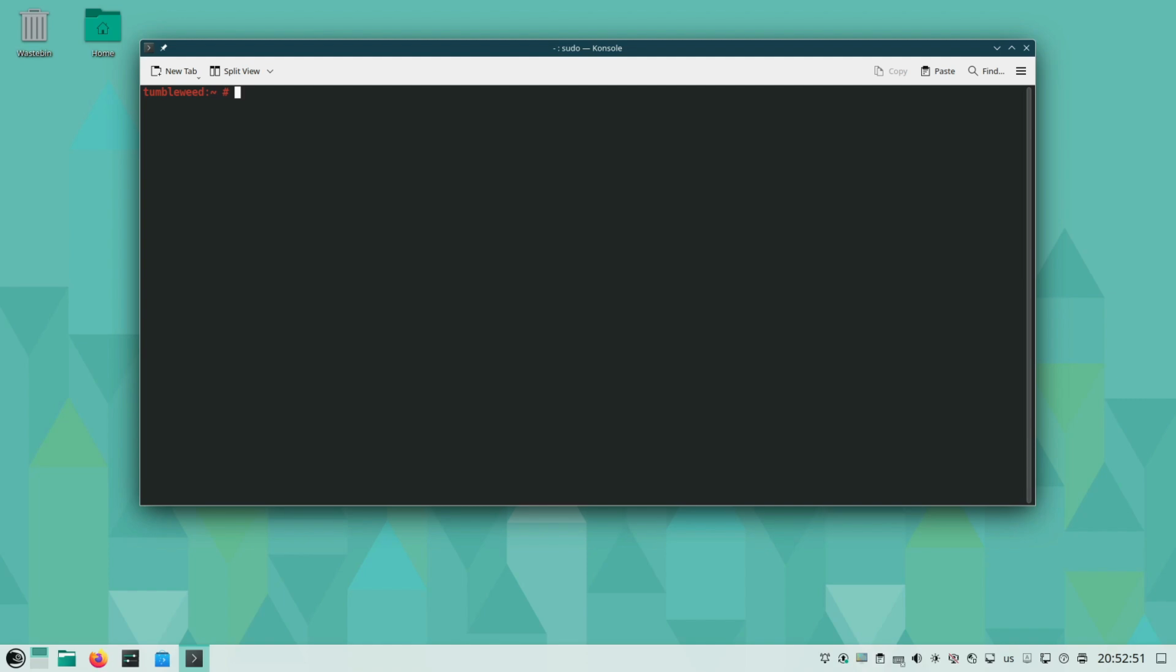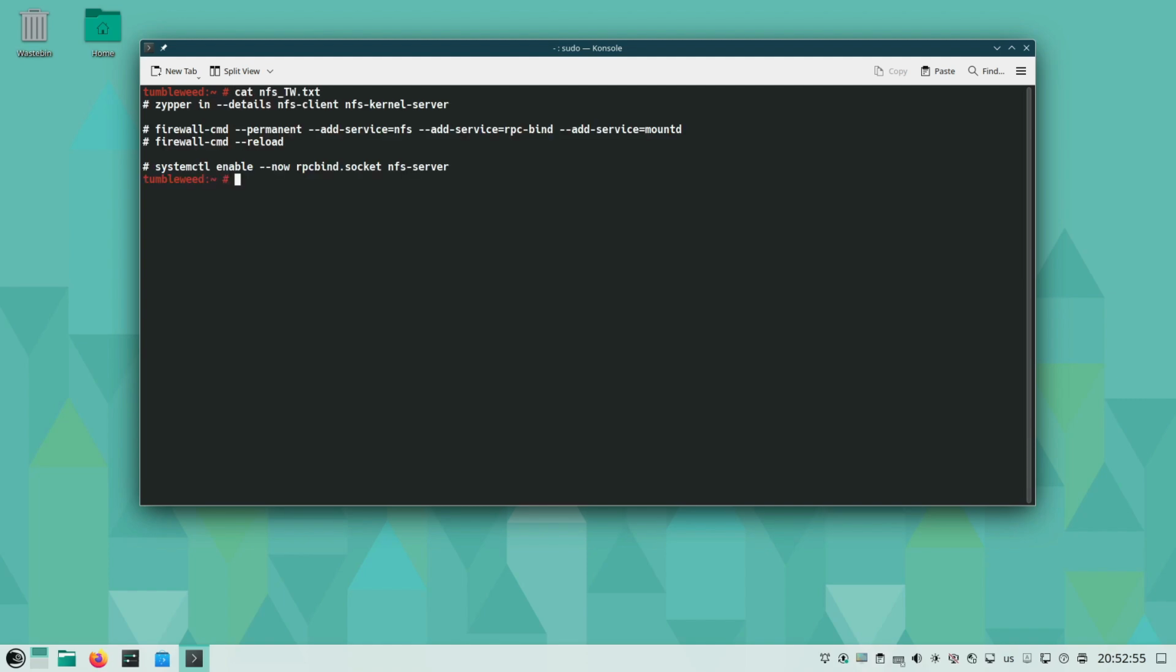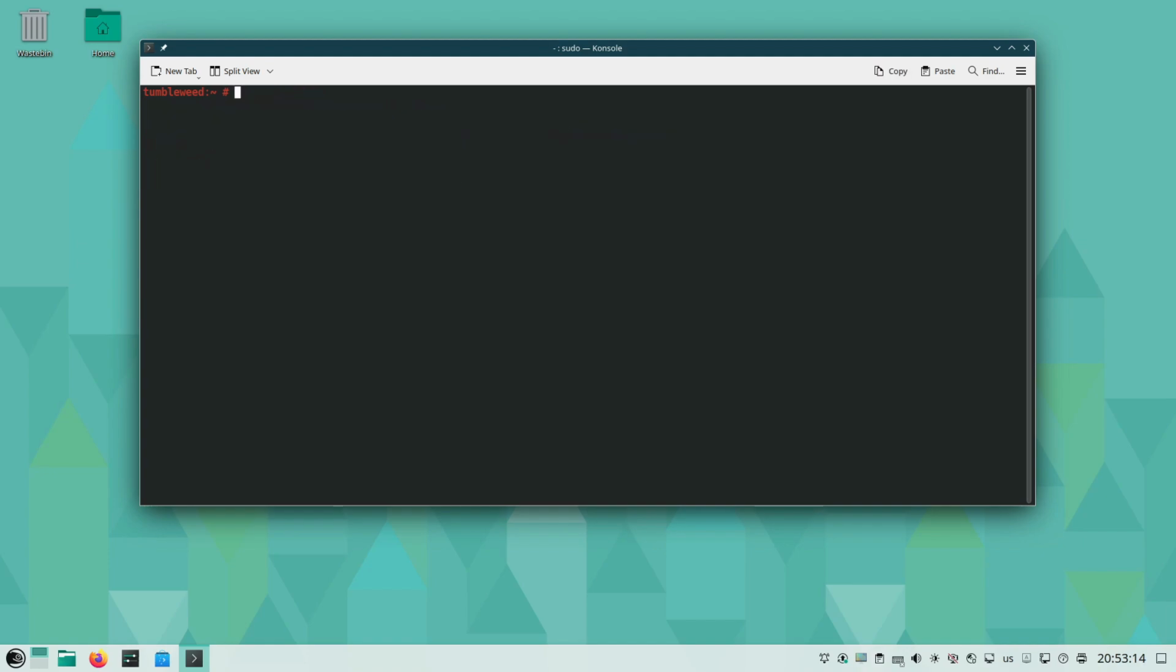Now I'm on openSUSE Tumbleweed, and I created a small note about it. On openSUSE, you need to run these commands. First, to install the NFS client and NFS kernel server. After that, make sure to enable the firewall for them, and to enable these two services. Okay, so again, let's create a pool,